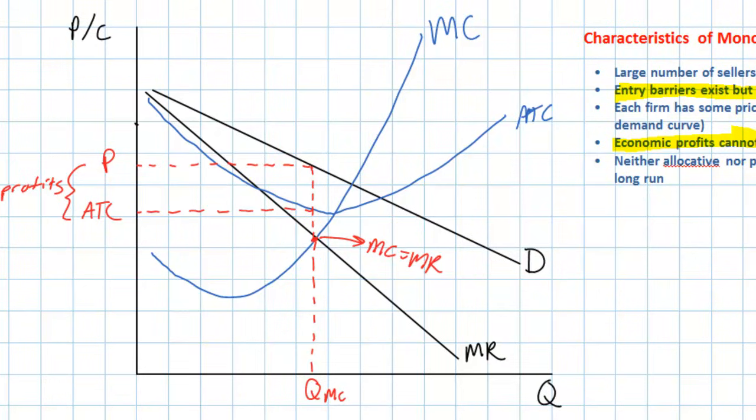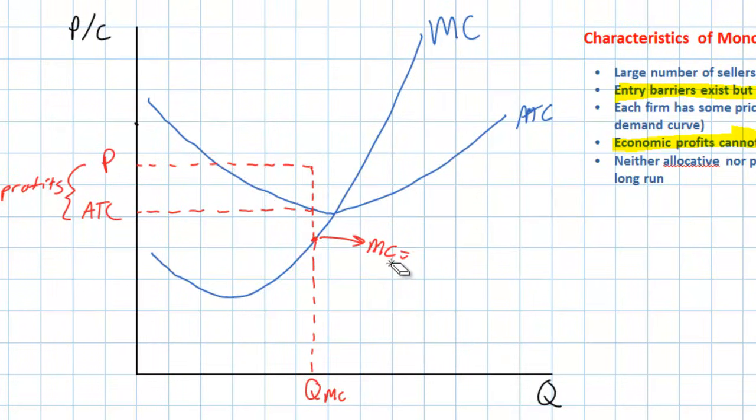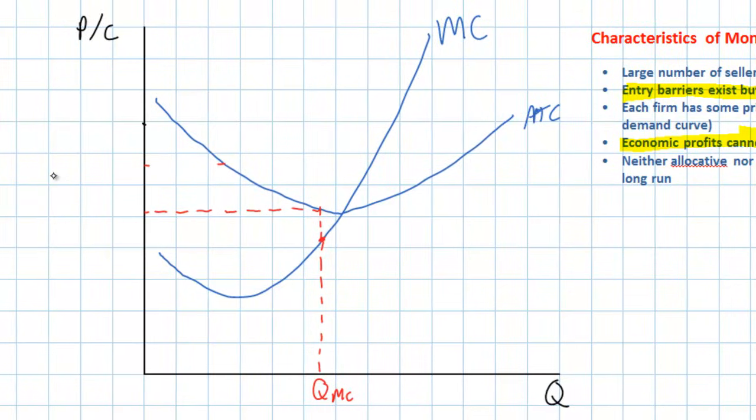So let's show what happens when new firms enter the market for Mexican food. We can expect that this demand and marginal revenue will no longer be enjoyed. There will be a lower level of demand for our individual firm here due to the fact that there is more competition in the market for Mexican food. So I'm going to clean up this graph a little bit, get rid of our original demand curve, and show what happens when demand decreases,